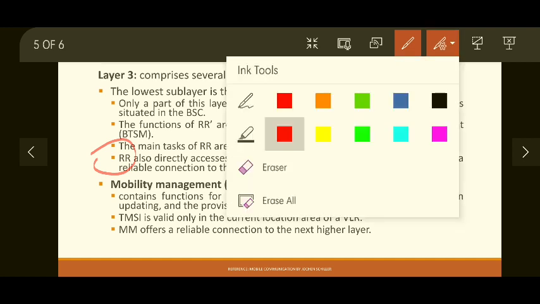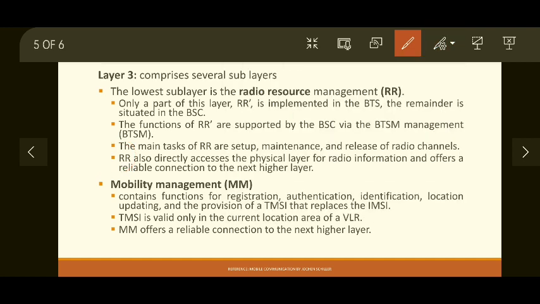So once the connection is set up, higher layers will be getting involved, because since the connection is wireless and users can be mobile also, higher layers will also be responsible for the maintenance and release of the radio channels.